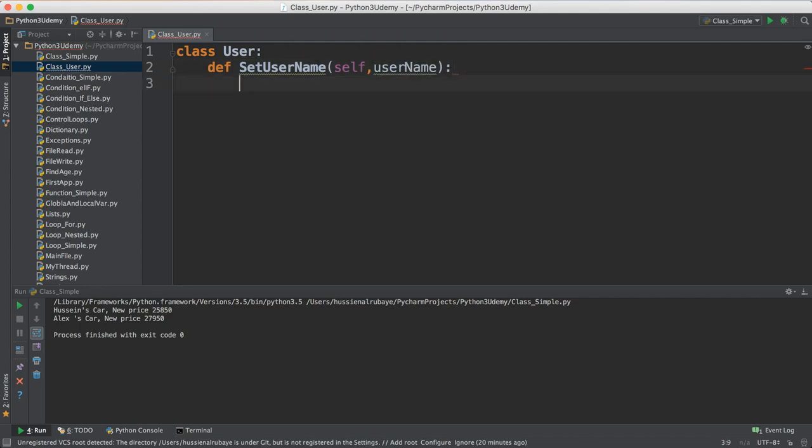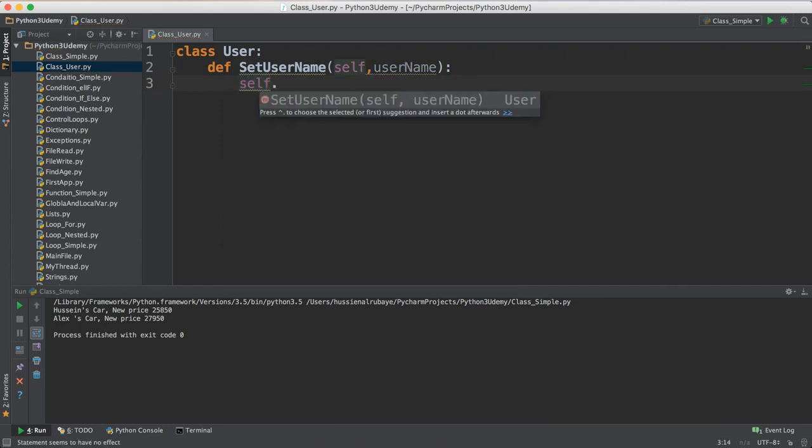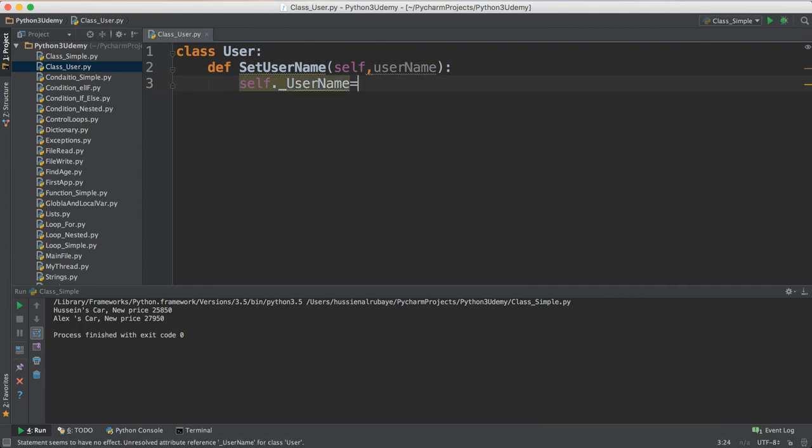Okay, and here I want to add the username to the class. I will say self dot underscore username equals the input username. So what does that mean? I know this is something new for you because you never saw it in another programming language. Whenever you see self, that means this. Where I'm in this class, that means this user. That means, hey, in this user, add a new variable. He will do it at running time. He will add this variable inside this class. So this class will have a method and will have a variable inside it, and he will add this data